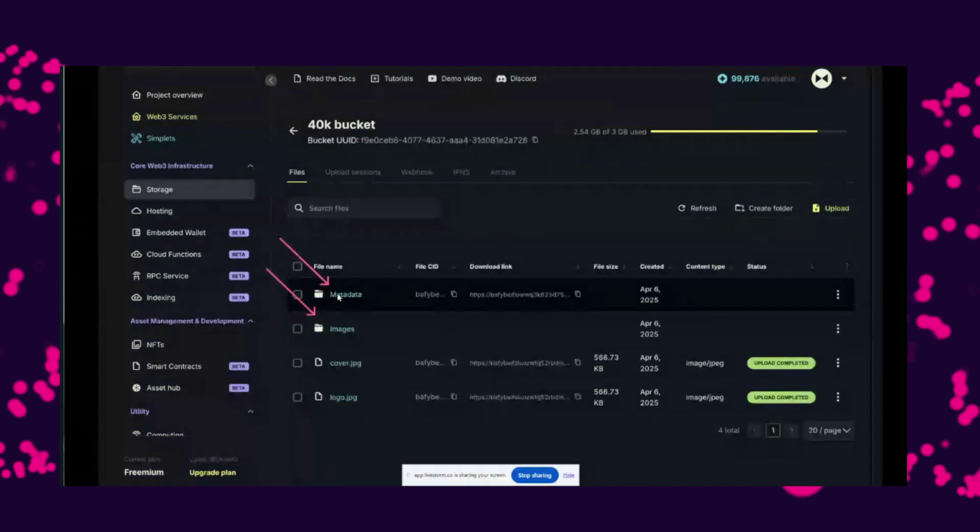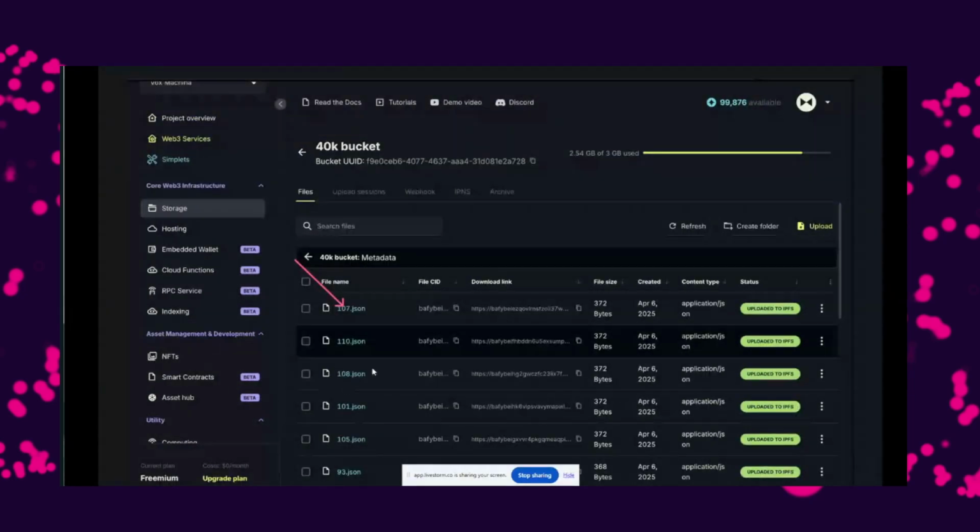And what we do immediately is we put inside two folders. One is metadata, one is images, and the cover and logo, right? So these are the components that the user uploaded during the NFT collection creation. And we also generate all the necessary JSON files within the OpenSea standard, as mentioned before.